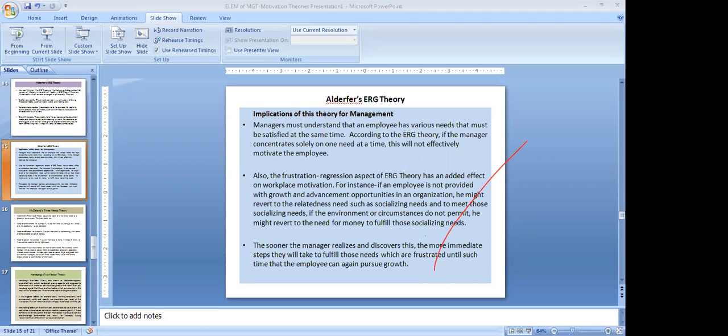Okay, he has accepted a job which is lower than his previous job in order to meet his existence need. Now, in the course of his job, the spare time he finds, he uses to mingle with the editorial office members. In this way, he is working on a relatedness need, the need for association, the need to connect with people and to feel accepted by a preferred group. Remember,